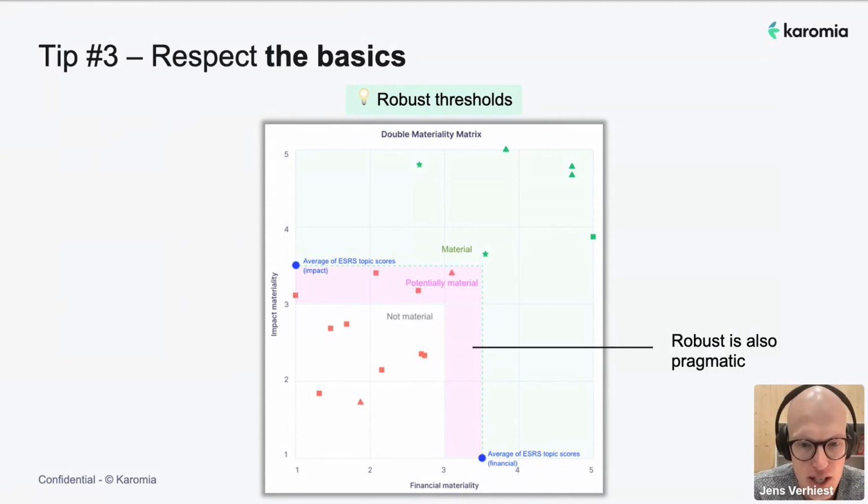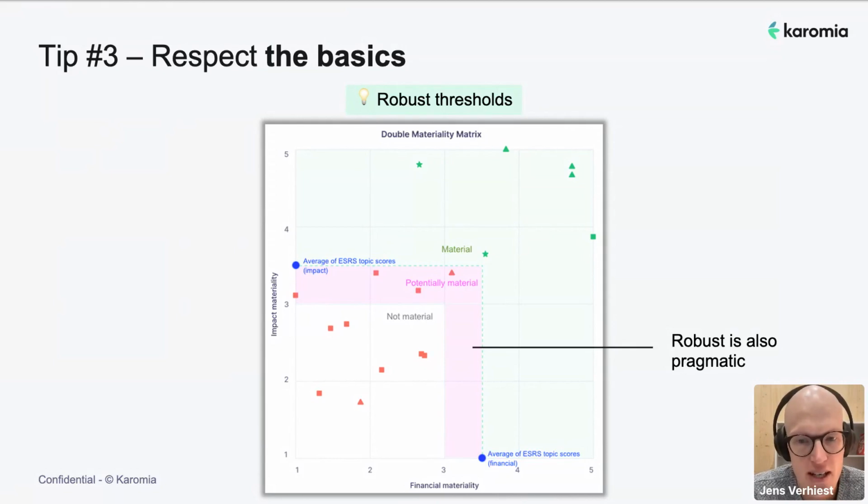And that's basically what you can see here, indicated in blue. We calculate this for both the impact side and the financial side. Everything above is by default material. We're not even reconsidering this. So this is material. But then everything which lies in that purple zone, which is what we call potentially material,